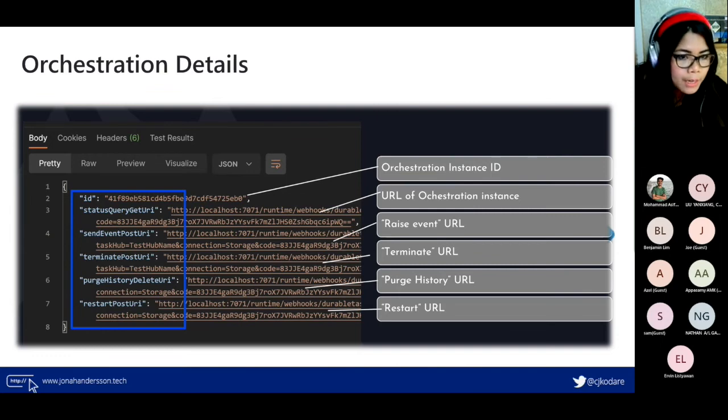And there's also a URL to raise an event, to terminate, or if you want to purge the history or restart your orchestration. You can see it yourself. This one is a screenshot that I had when I was working on localhost. And this is connected to your Azure storage, because a function app needs to be connected to an Azure storage account.